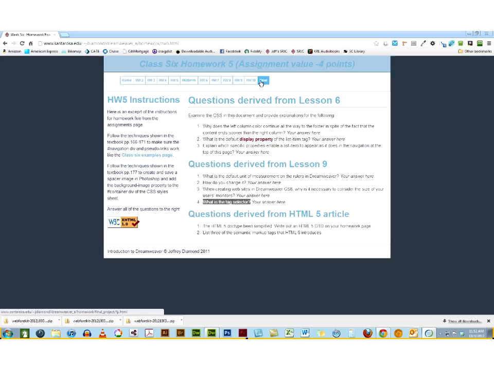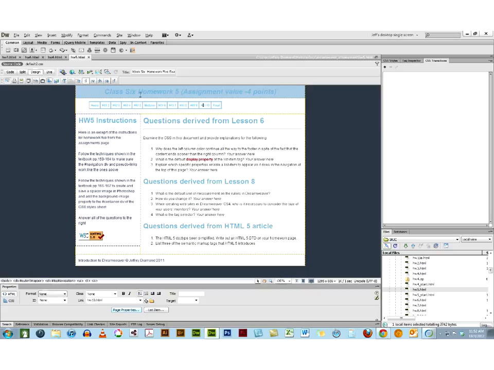So one of the tricky things about the nav bar, and I'm not going to be deducting any points for this, is when you're creating a nav bar like this, unless you give it a default width, you can't use margin left and right set to auto. You have to create a value to that. In other words,